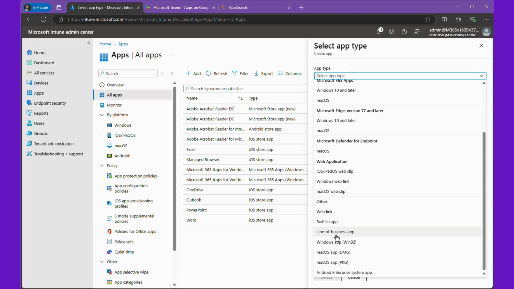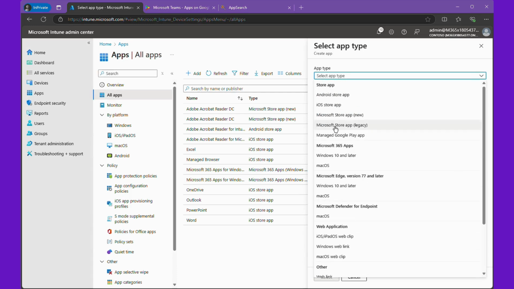You can package and deploy to Intune. That can be a line of business app, a Win32 app, any macOS PKGs, and obviously Android APKs as well. We'll be dedicating a full session to app packaging and deployment, so watch out for that event and invite. But for today, we'll be deploying